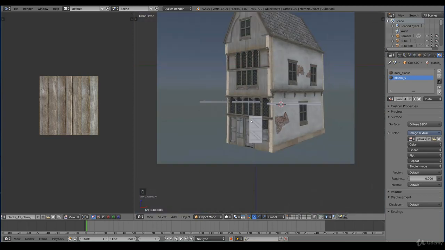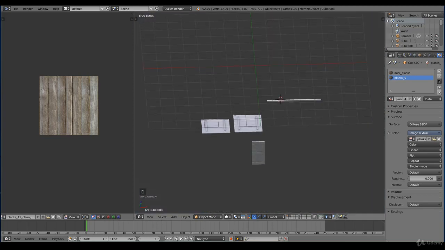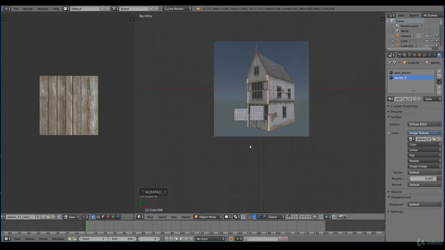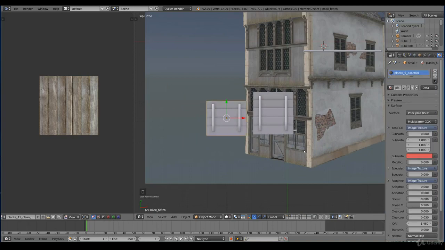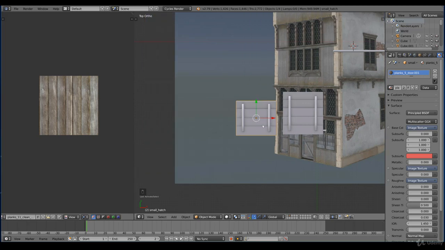So go to the second layer where we have all the files. And there are some hatches. You can see there are 4 planks in a row, and this one has it as well. So let's update this hatch. Right now it has a really weird material. So what I want to do is hatch